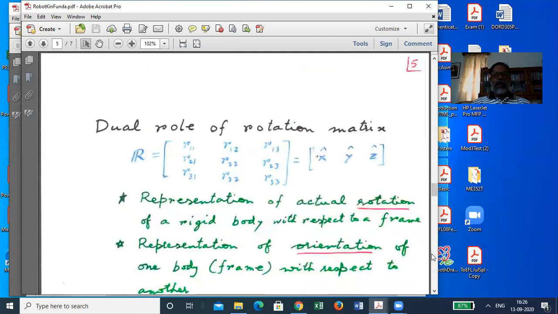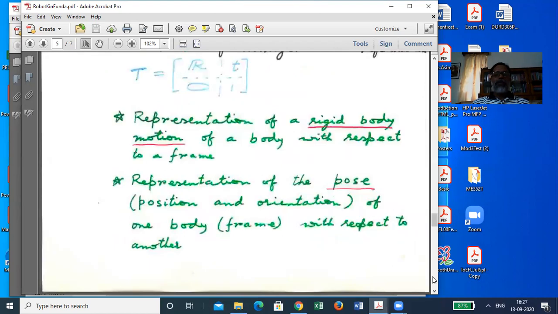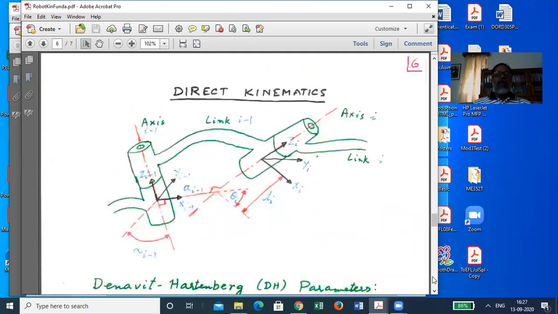Next, we discussed how the same 4x4 homogeneous transformation matrix can represent a rigid body motion as well as position and orientation, in brief referred to as pose. And now, in a robot manipulator, every link is assigned a frame of reference. Now, through joints,